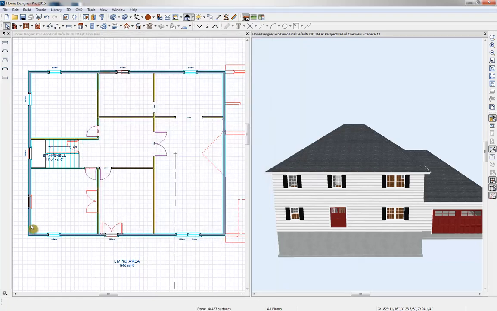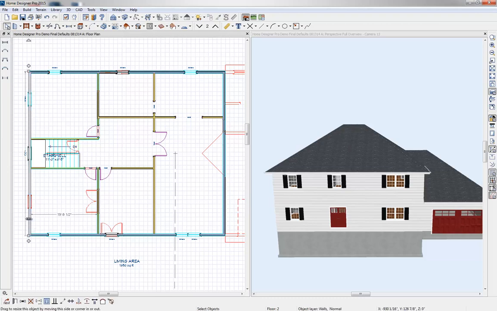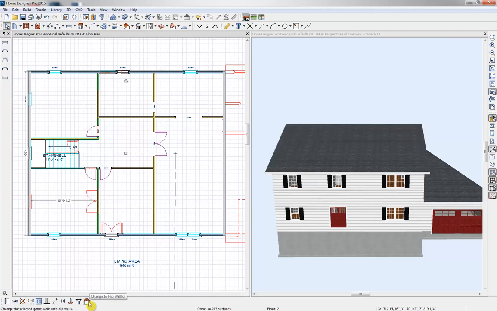So to change our roof here to a gable, I'm going to click on my wall, hold down Control to click to select my other wall here, and I'm going to go down to my tool down here to change to gable walls. Click that, and now my roof has been modified. So you can see over here in our 3D view that that roof has been generated. If we drop down to our first floor,